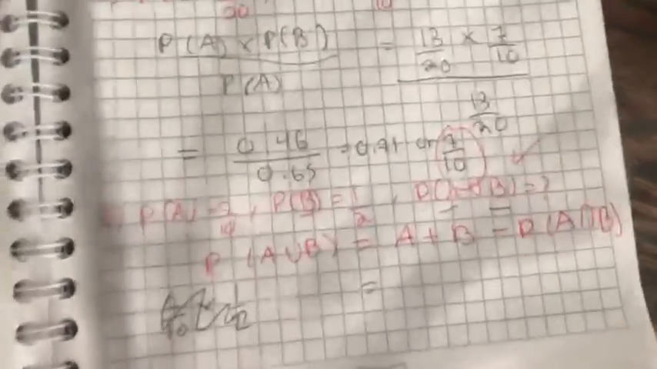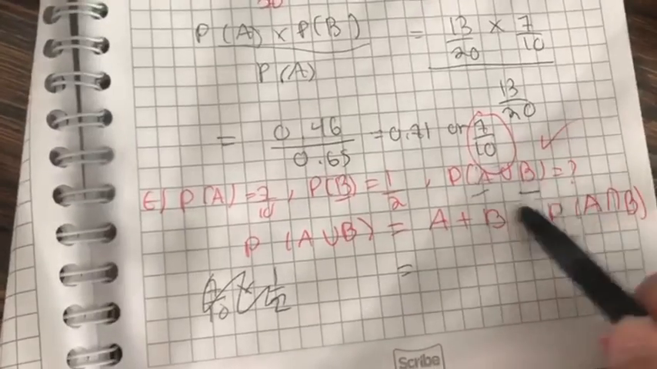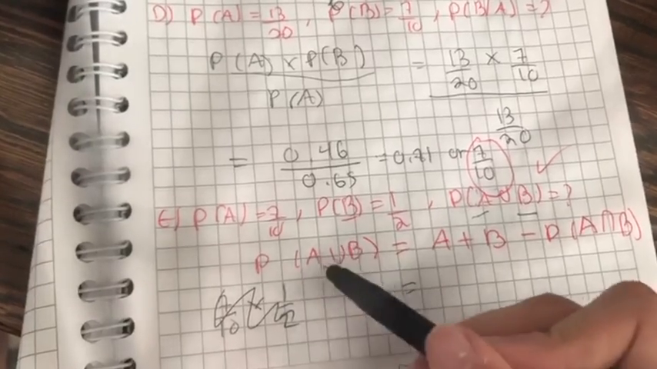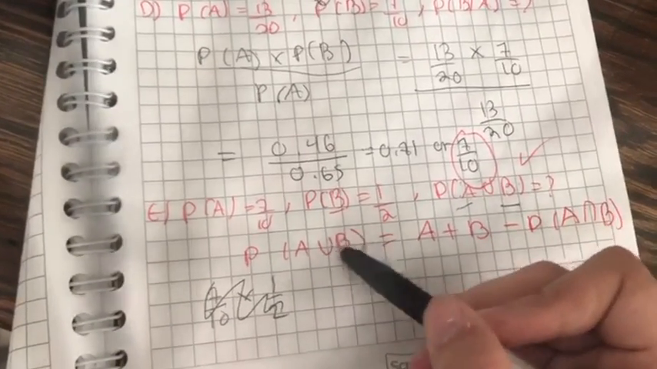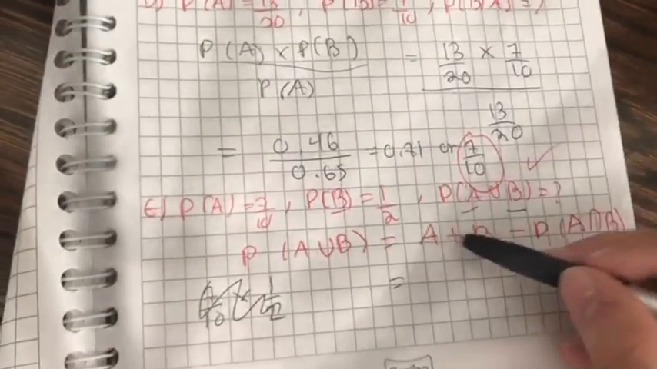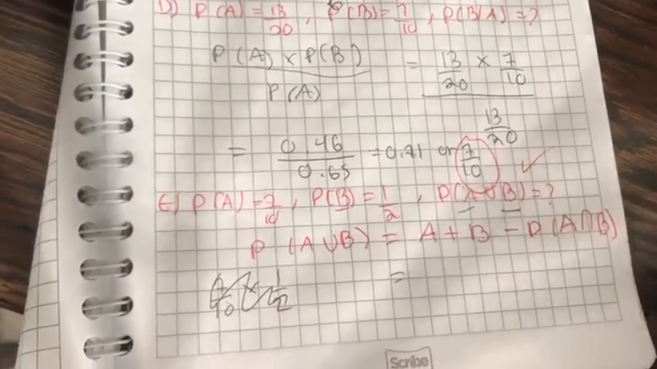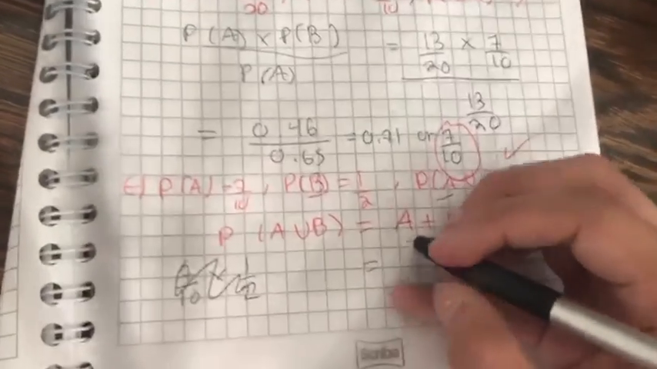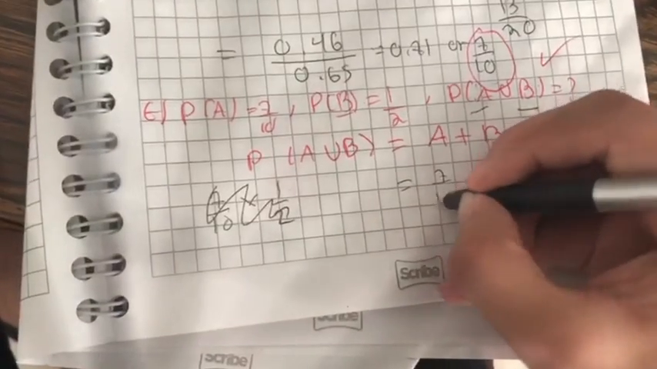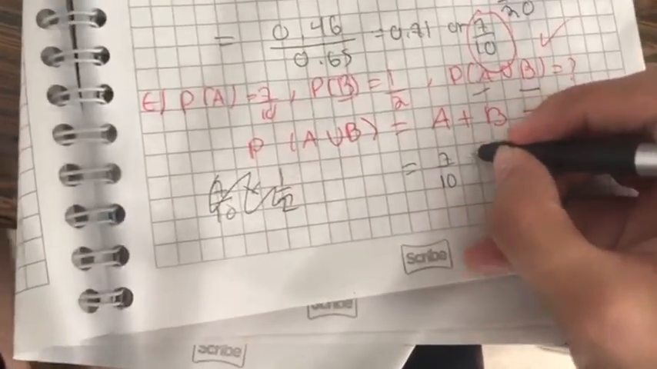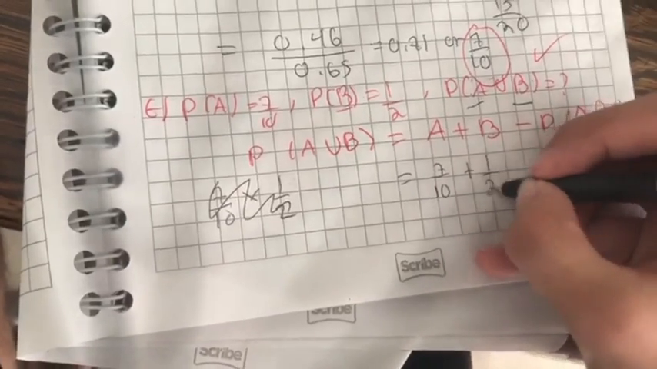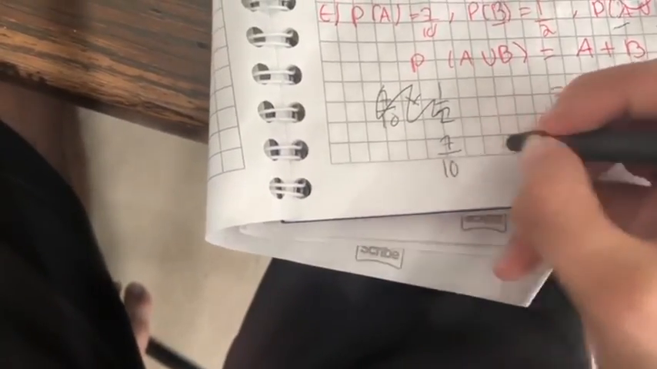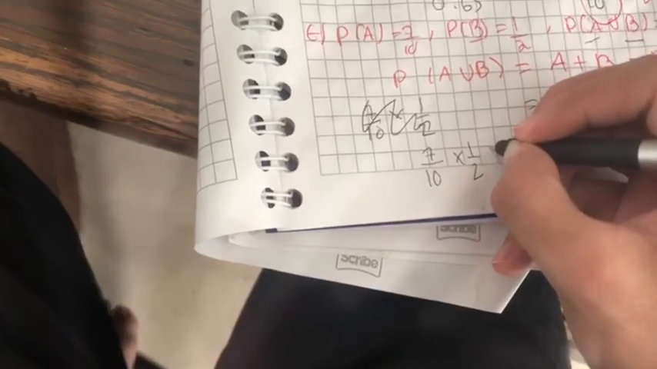So in this last exercise, they're asking us for the probability of both events happening, such as A and B. So in this case, we're going to use this formula, which is probability of A union B. So it is the probability of A plus the probability of B minus the probability of both events happening. So we know that probability of A is 7/10 plus the probability of B, which is 1/2, minus the probability of both events happening. So both events happening is 7/10 times 1/2, which gives us